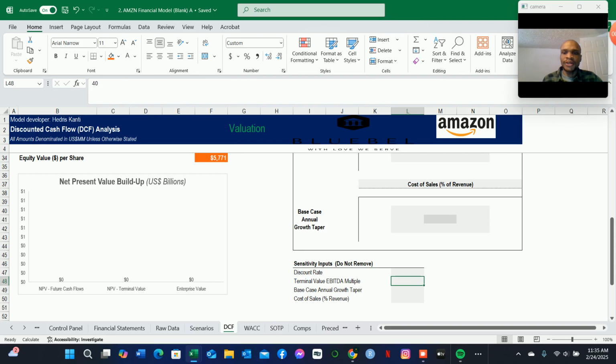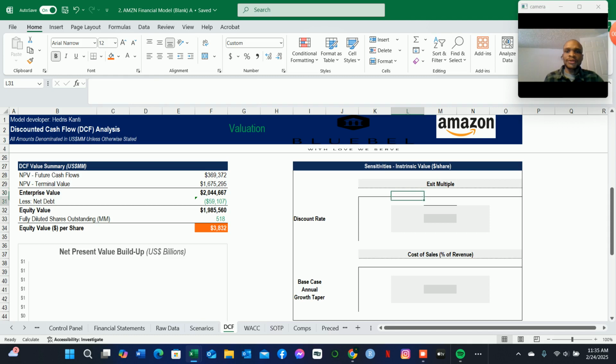So having said that, we can delete that. Now we can move on to our sensitivity analysis. Here we're going to be sensitizing the equity value per share as the exit multiple changes and the discount rate changes. The discount rate in this case is the interest rate, or we could call that the weighted average cost of capital, which we determined a while ago. So for the exit multiple, what will be the intrinsic value per share, that is the equity value per share, as this increases by 5%, or reduces by 5%, and what will be the